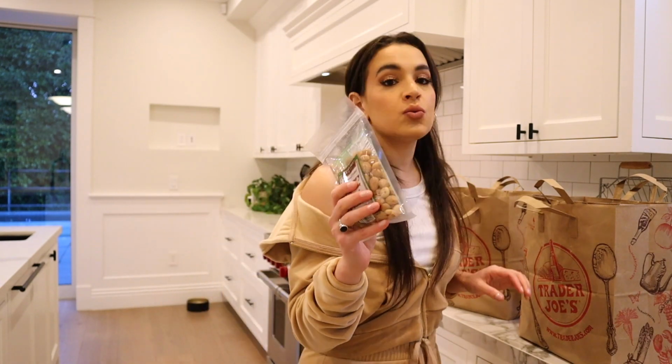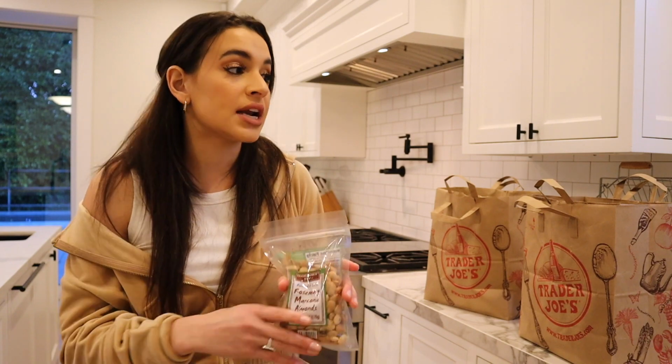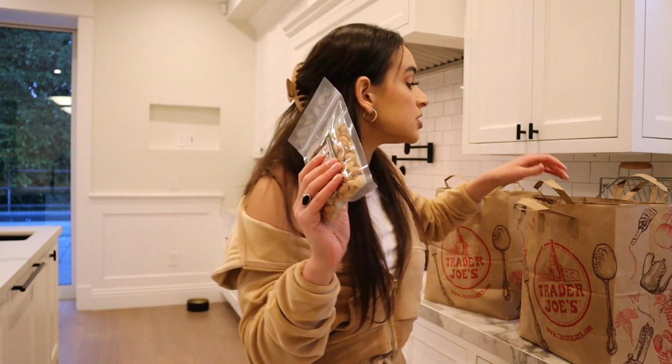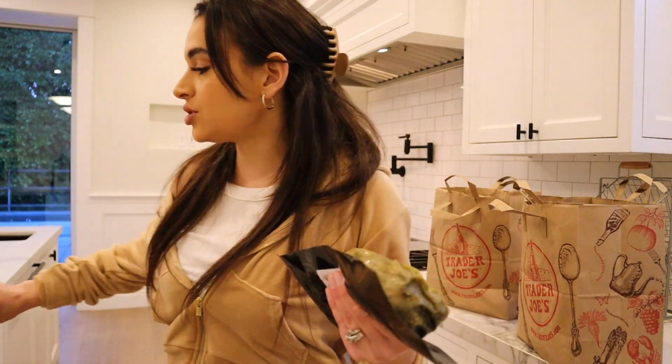It's a great tip if you want a low carb alternative to a crouton that's still filling and absolutely delicious. Get the rosemary ones. I've tried the truffle ones as well. Not the biggest fan. I would get them again, but I love the rosemary ones so much. And if I do make a Caesar salad, what I love, I used to do this all the time, and